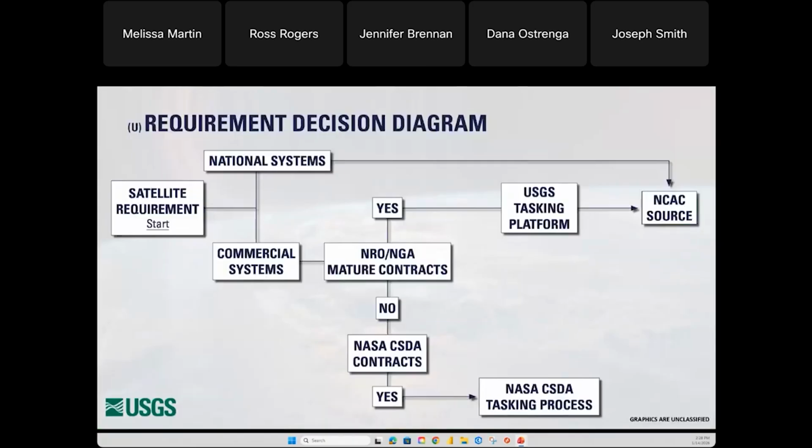Building on how NCAC Source supports near-term tasking, this slide shows how a satellite requirement moves through the decision process once submitted. Everything begins with the collection requirement from a civil user. The first decision made is system-based, whether the requirement is for national systems or commercial systems. If the